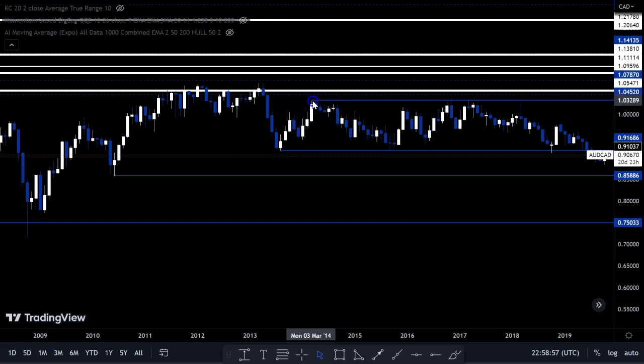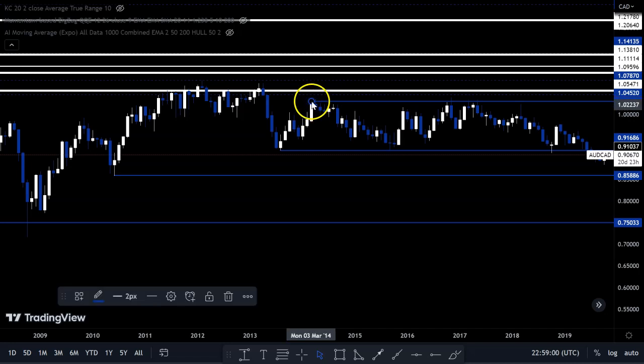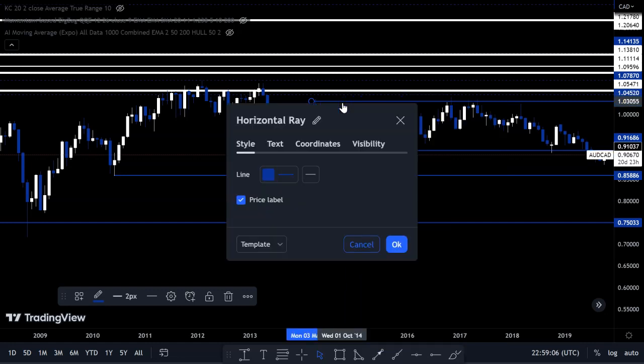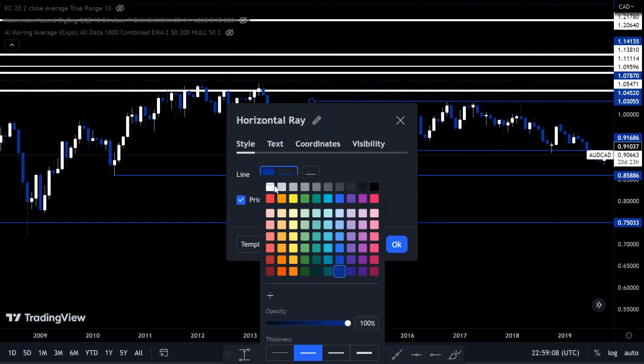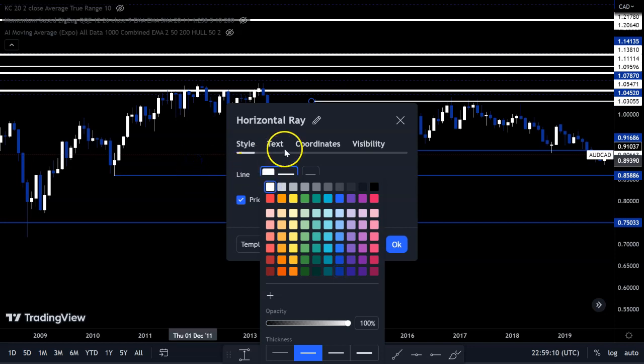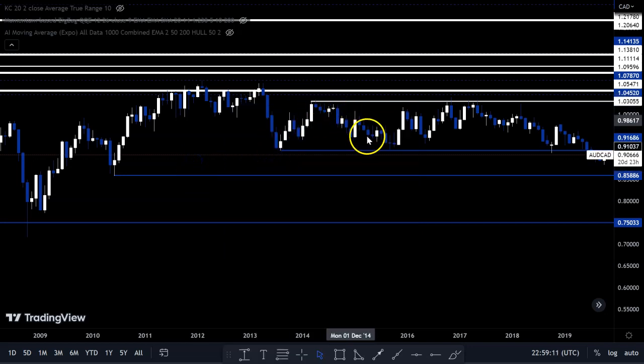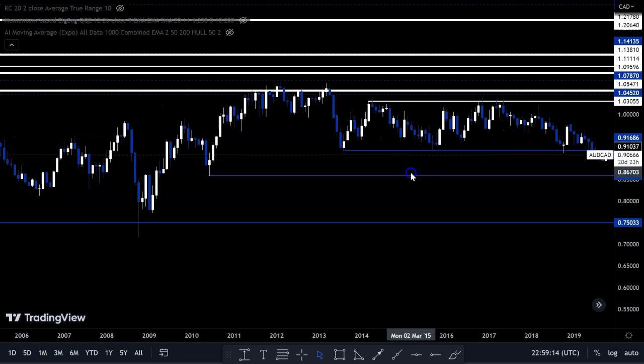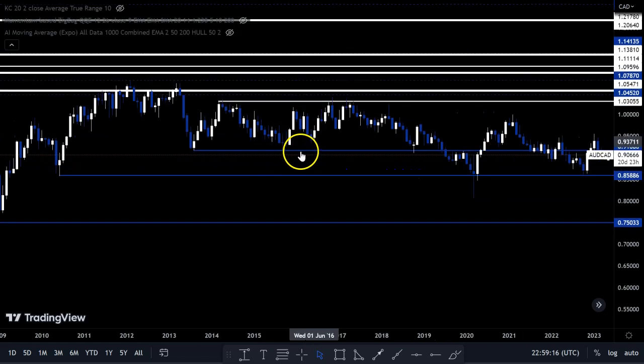This is creating this resistance now. So this resistance pushed the market down, and there was a test of this level. Sorry, I should make this white. So this resistance pushed the market down. There was a test of this level, and that same level pushed the market upwards, and there was a test of this level, another test of this level, and this level pushed the market downwards, breaking this level and testing